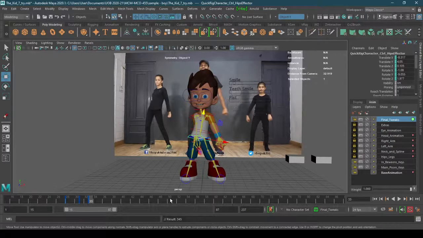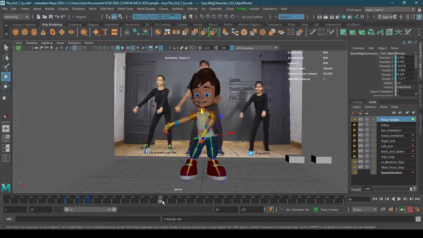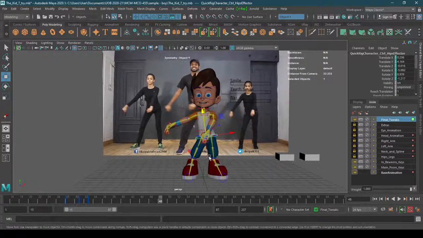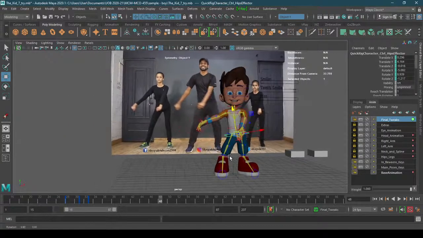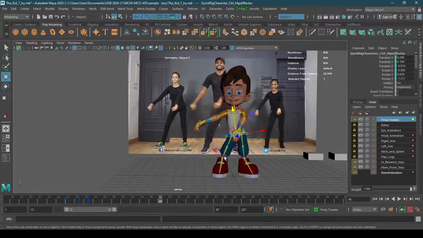Mainly it's the hands and the legs, or hands and the hips. Rest is fine. Now I will go to 45. Okay, 45, everything is fine here. I will just make a keyframe